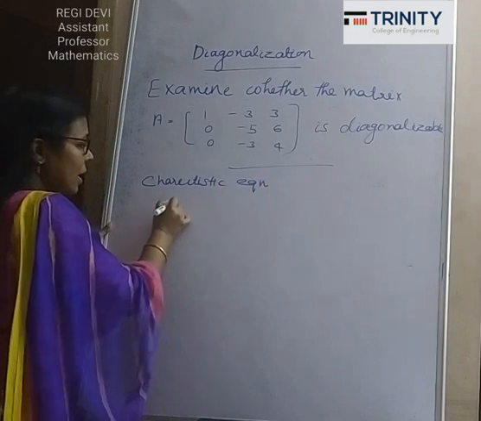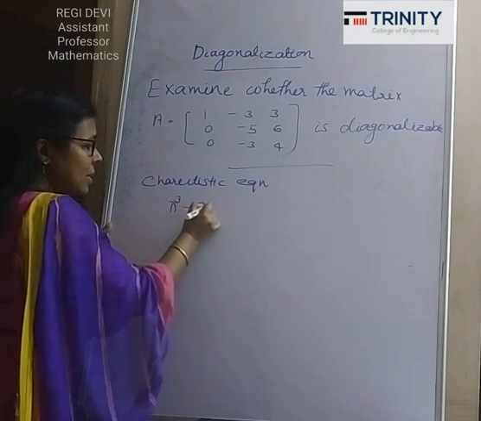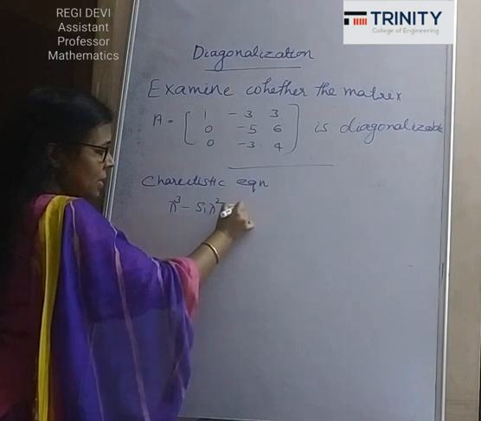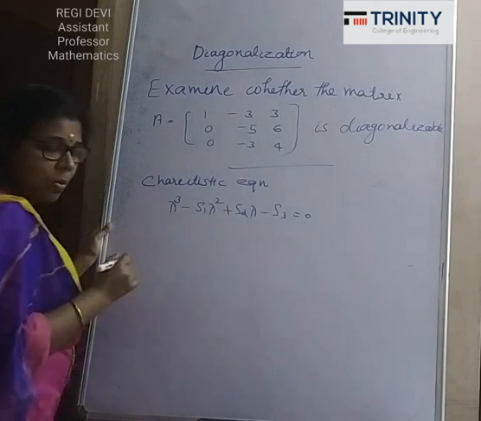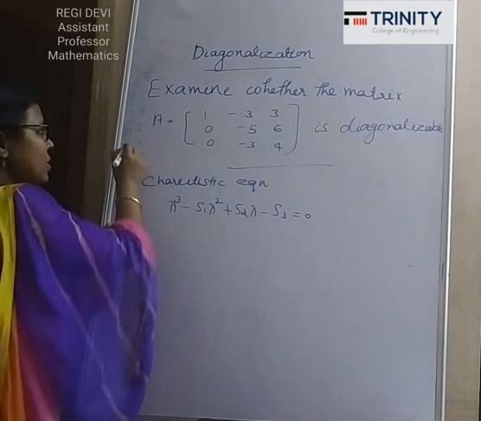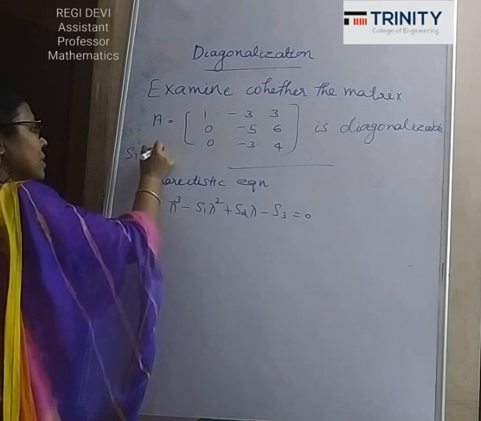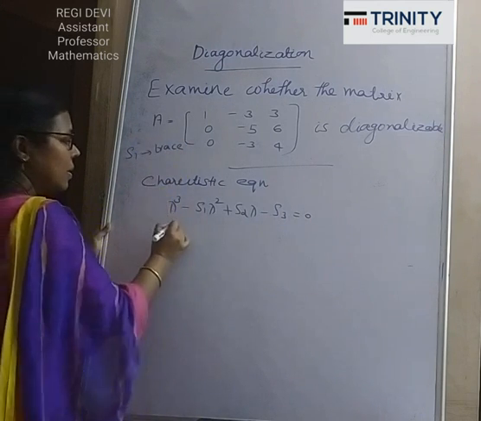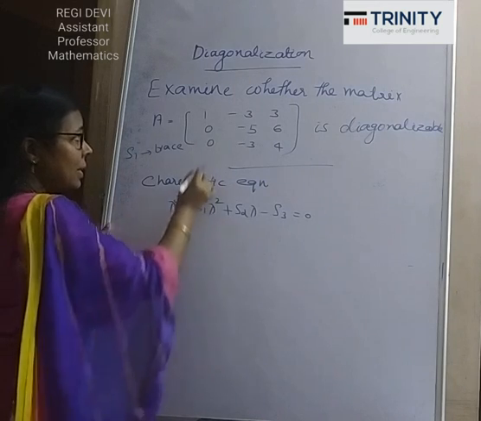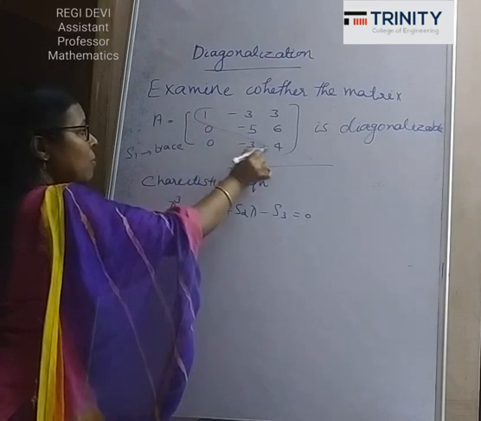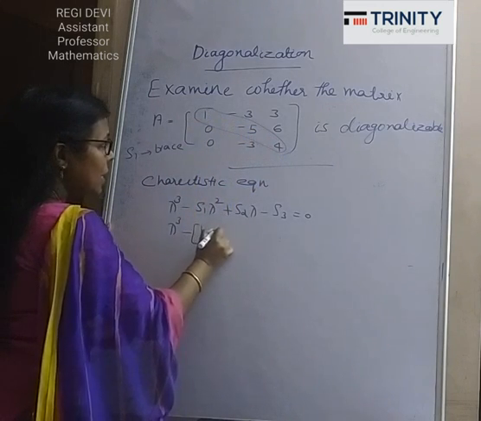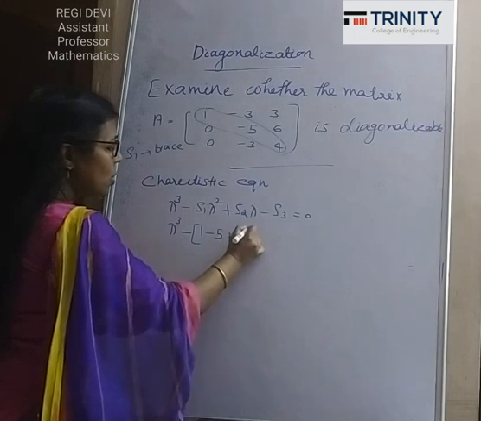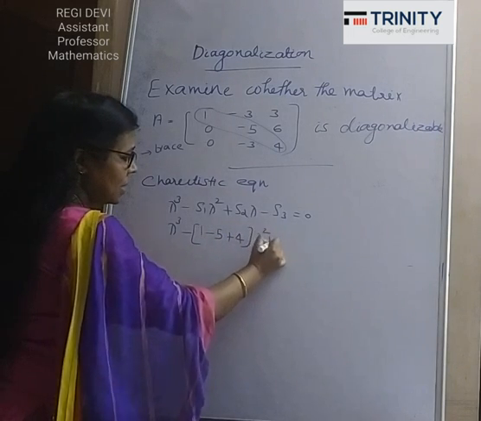The characteristic equation is lambda cube minus S1 lambda square plus S2 lambda minus S3 equal to 0. What is S1? S1 is the trace. That is lambda cube minus the trace, which is the sum of the diagonal elements, that is 1 minus 5 plus 4, into lambda square plus